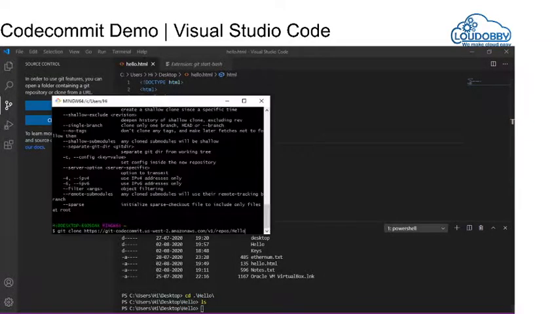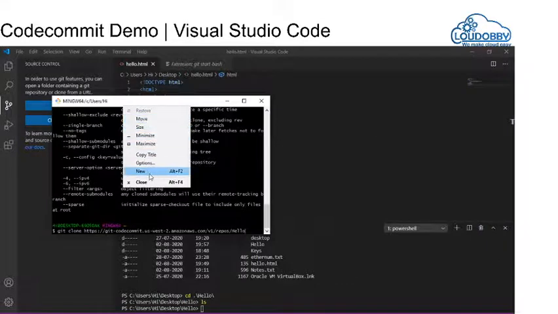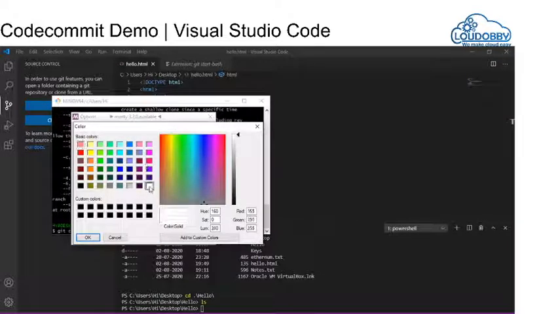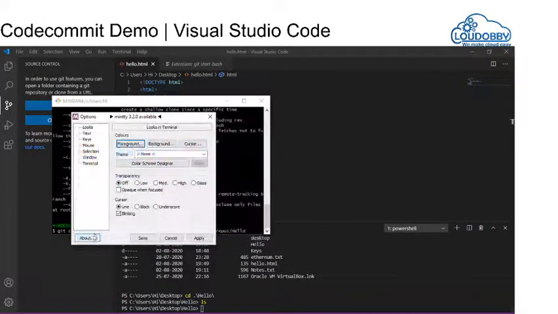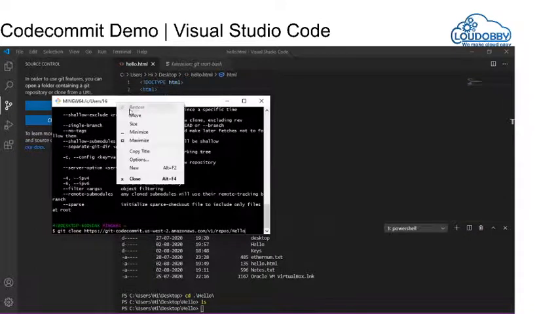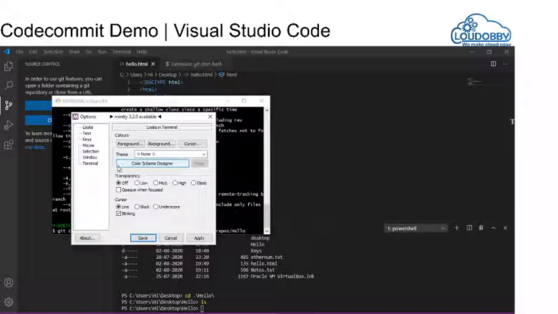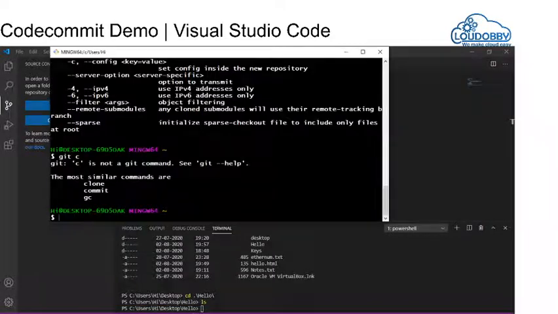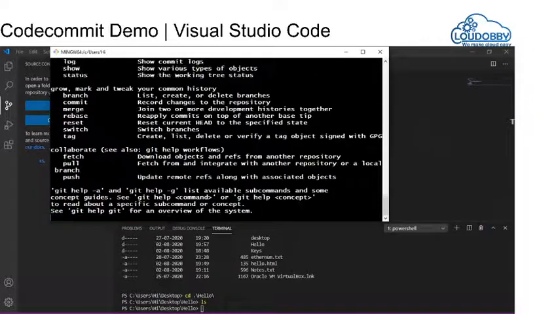Okay, so I will use the Git one, which I have just made the Git Bash font to be visible for you.